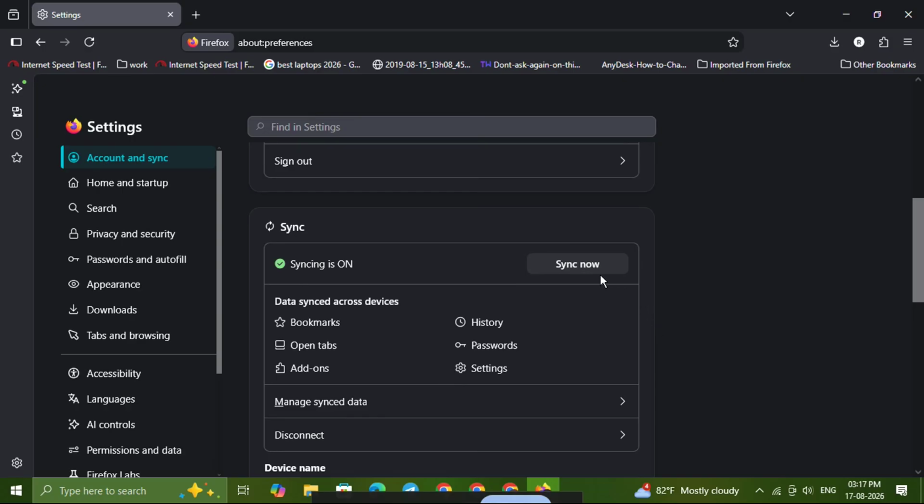Your Firefox settings should now be syncing between computers, making it much easier to pick up where you left off